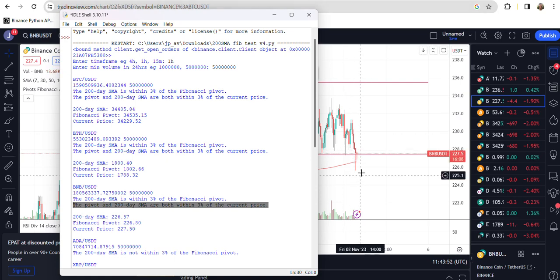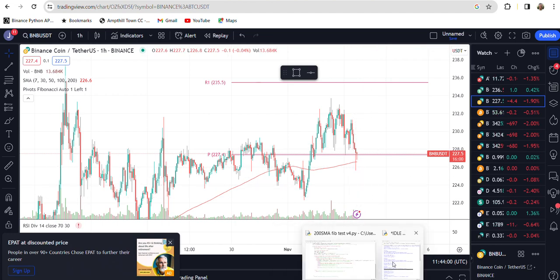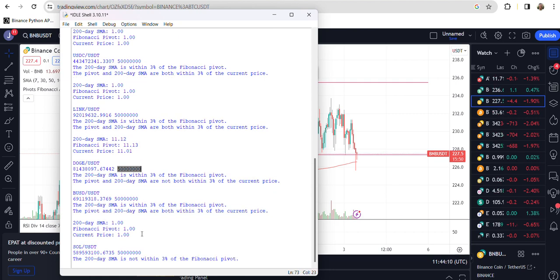We might look at that and think that's maybe showing some strength, and we may want to do something with it. On the output, you can see it's gone through all the coins which have $50 million or more volume in the last 24 hours. It's still churning away.